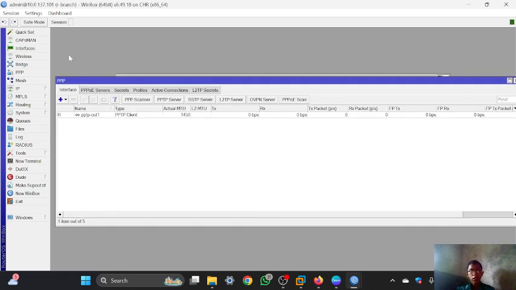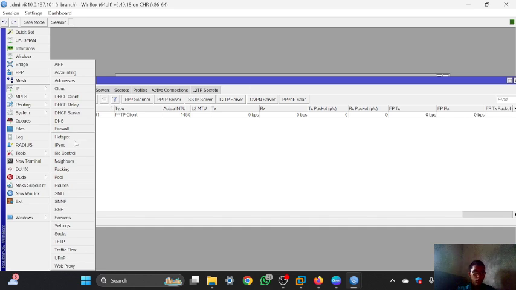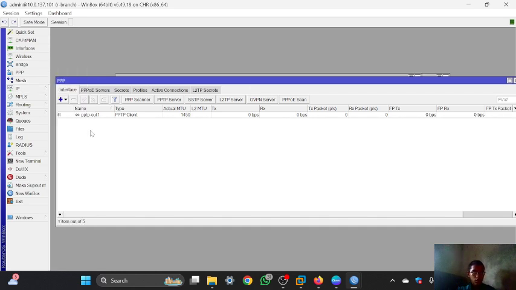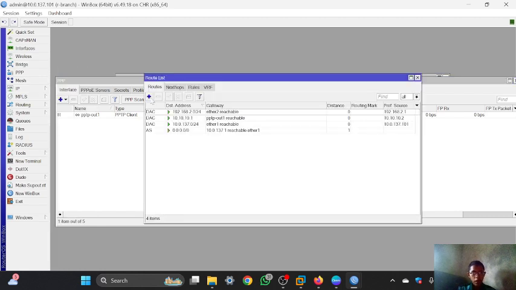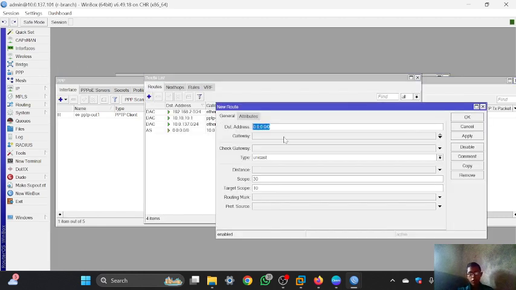Now I will configure it in the router branch, and go to IP and then routes. Then you can click add, and in here the destination is the network from the router branch that connects to the VPC1 in the router center, which is this IP network, and the gateway is the IP tunnel of the router center, which is this. I will fill it in here, then you can click apply.